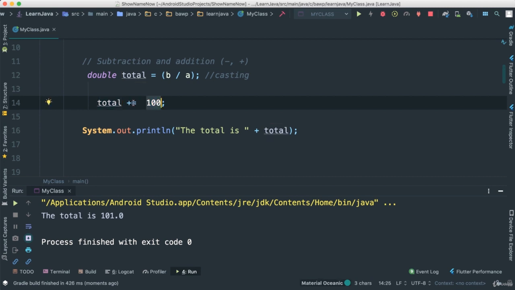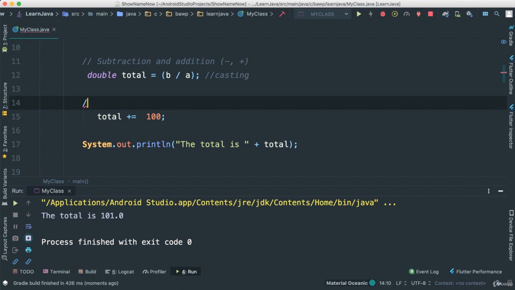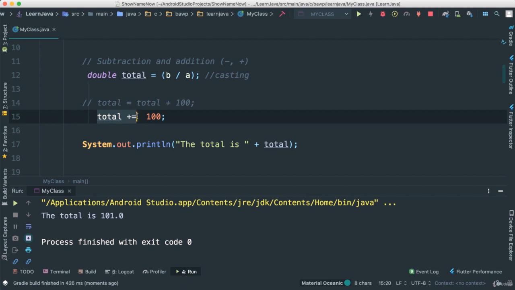So that's a simplified way as opposed to saying what we did before: total is equal to total plus another number, 100, like this. This is the same thing, but this is more succinct, cleaner, and to the point. So whenever you see plus or minus, for that matter, equal in a number, that means we're taking the total, in this case this variable, and whatever is inside, we're adding or subtracting the next number. Simplicity. So there we go.